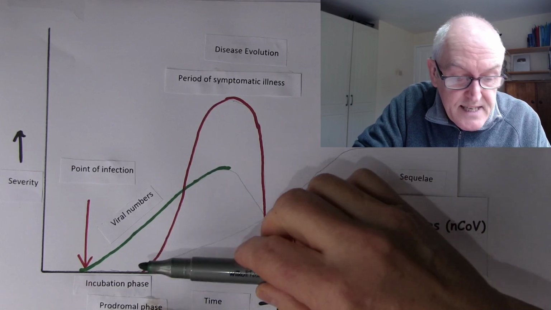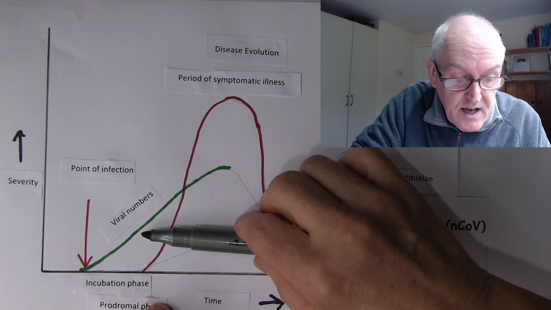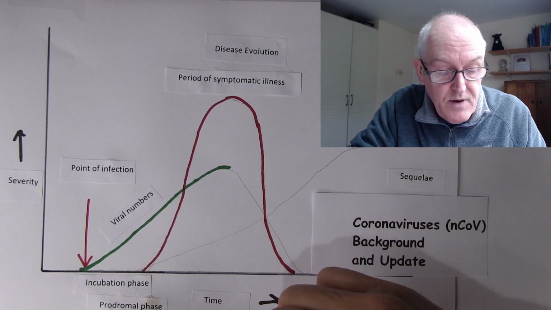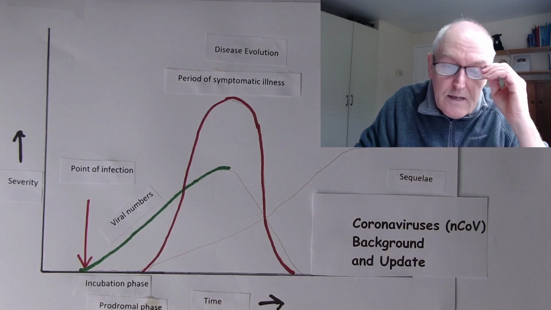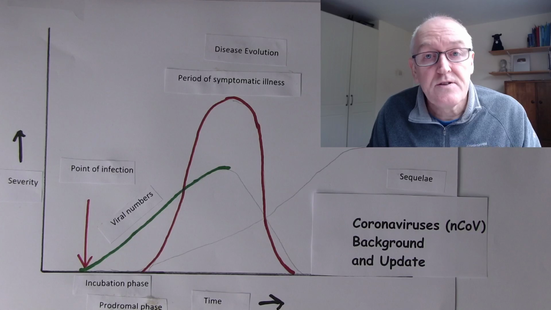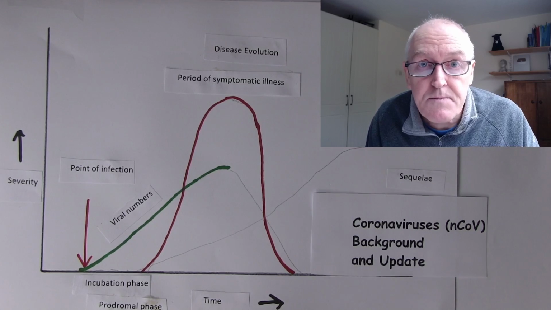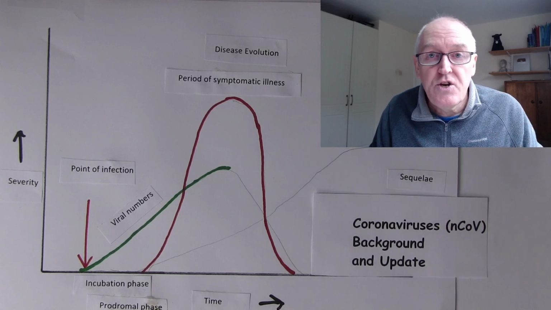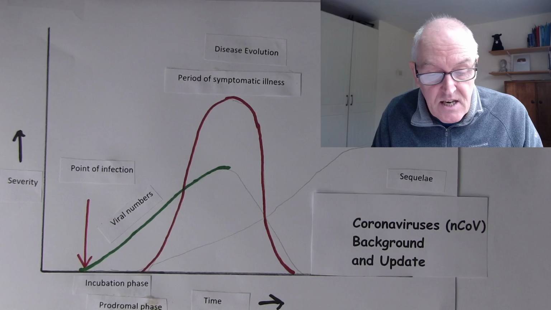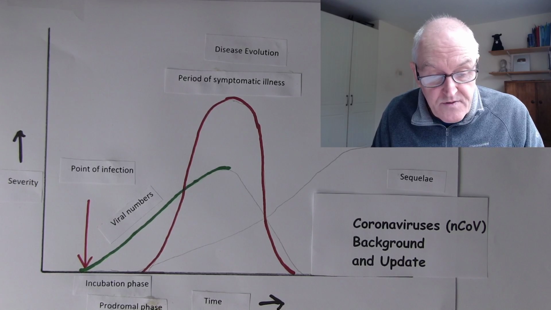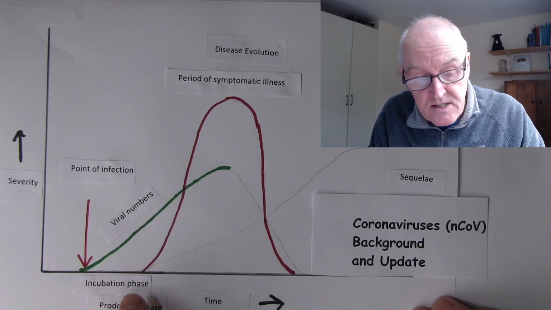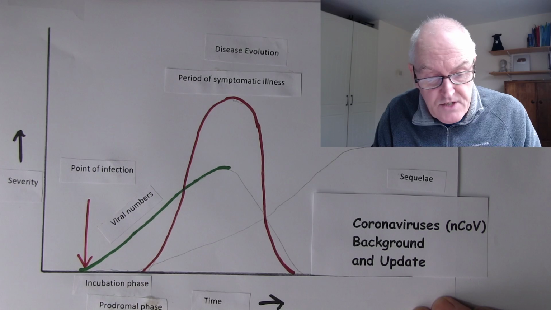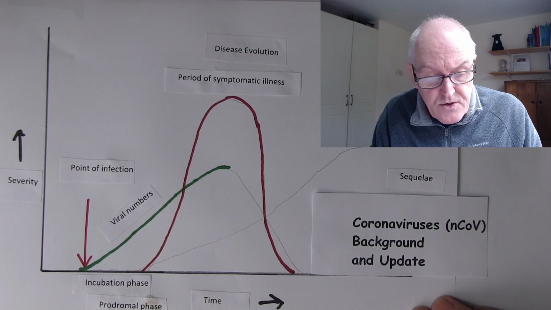And of course, the nearer they get to symptomatic illness, the higher the viral numbers are going to be because the virus is multiplying. The virus gets into a few cells, the virus multiplies in those cells, sheds the virus, and the virus then goes on to absorb into new cells and infects a larger and larger number of cells, and the viral numbers increase, and the free viral numbers in the mucus lining the respiratory tract will also increase.